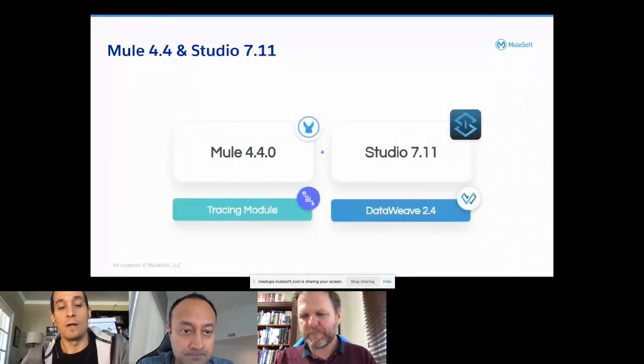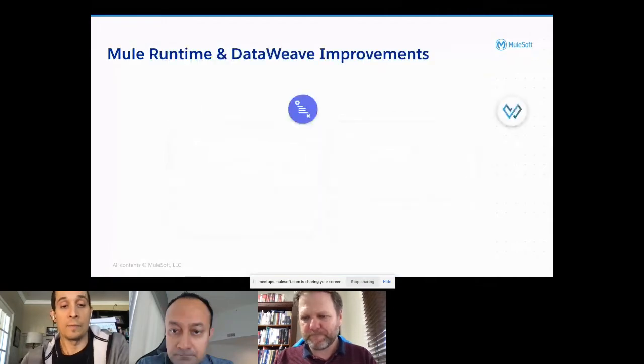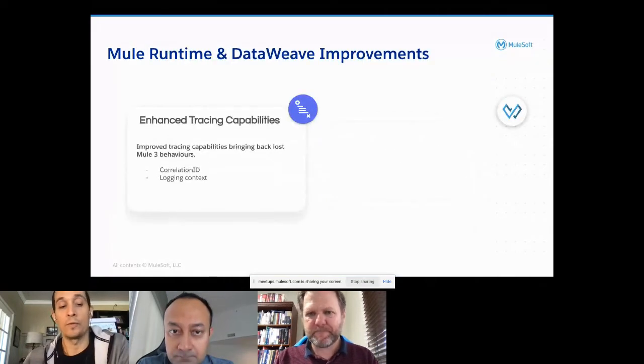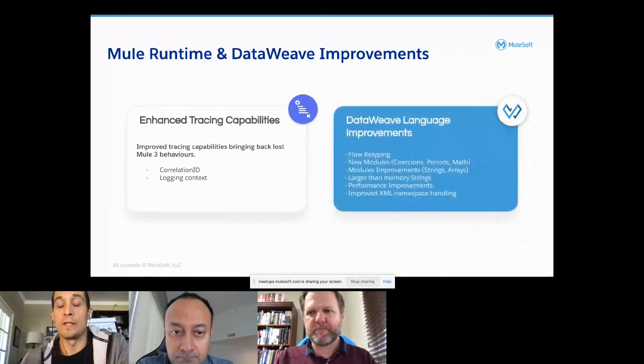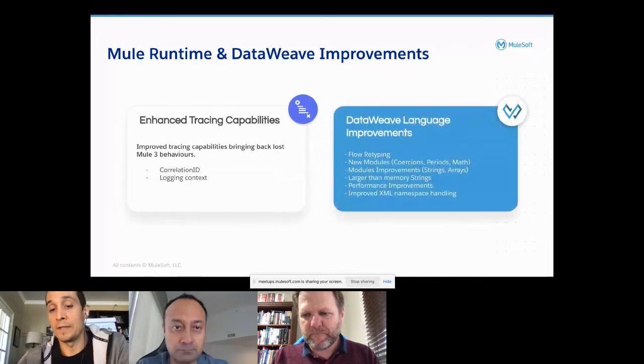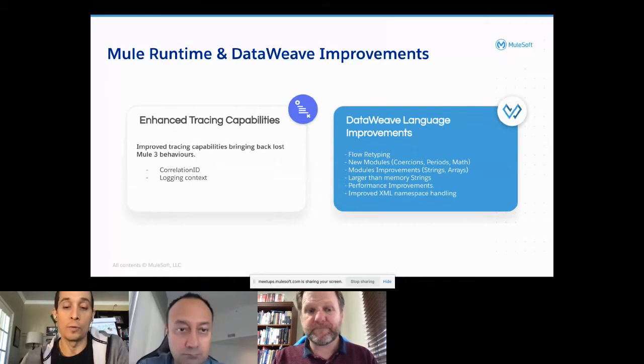And so the Mule runtime itself got some enhancements to the tracing module in terms of how the correlation ID and logging context are handled. And then within Studio, there's been some significant additions to the DataWeave language, such as the way the flows,